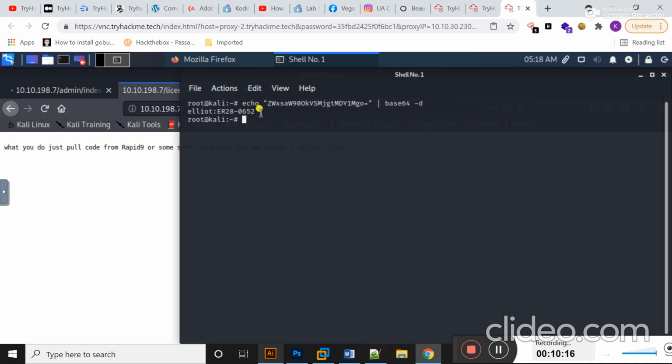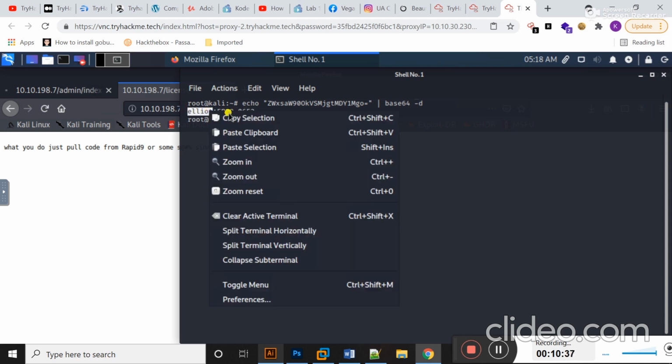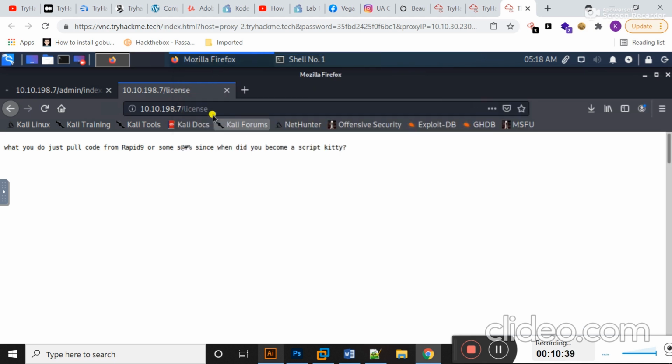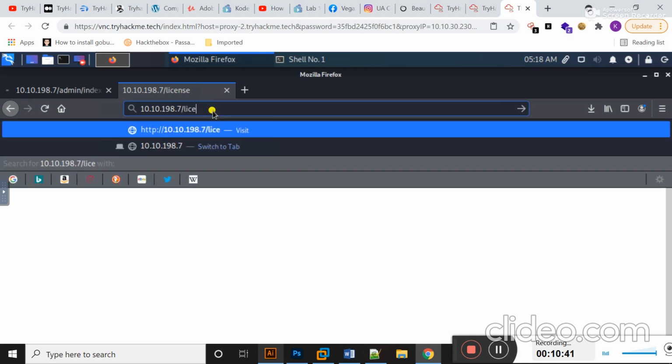Students, here you can see some information I have found from this code. You can see elliot. I think this is the username, and I have also got this other information, maybe it's the password. So let's try this information in order to brute force my login page. Okay.